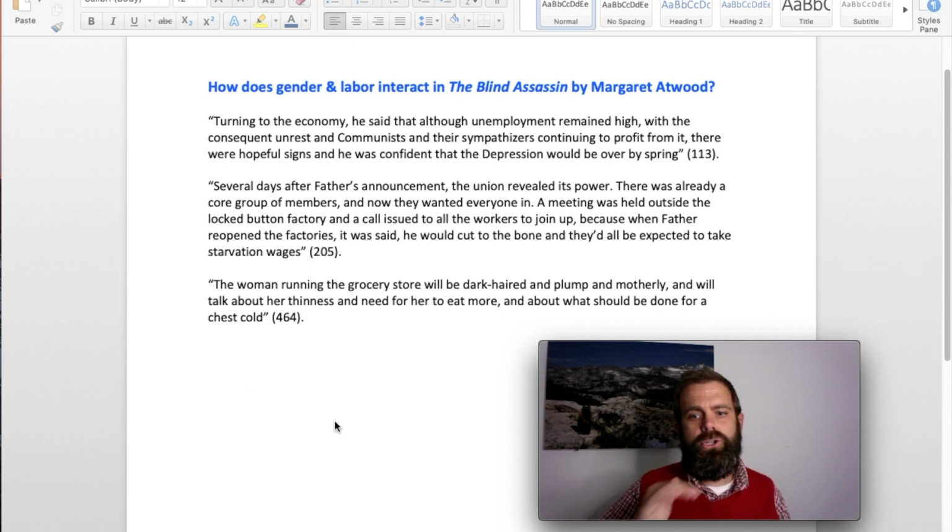Step 1, don't miss it. Build your question. Go ahead and pause it for a moment, take a look at each of these quotes and notice 2 features are present in each of them. There's some element of gender. It may just be something like father. We've got one that says motherly in it. Each quote also has some type of labor, whatever that labor may be.